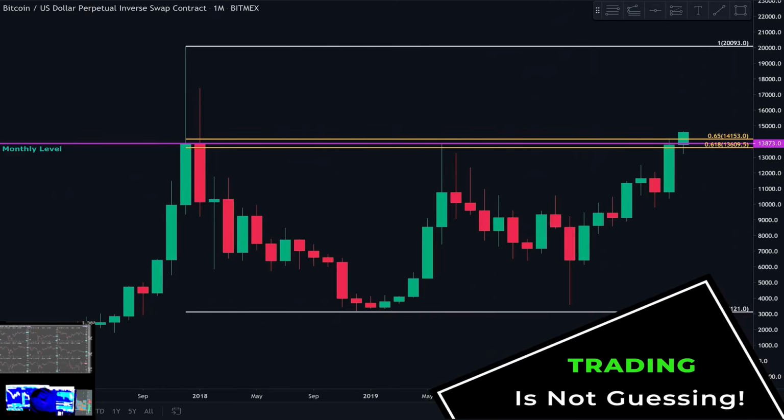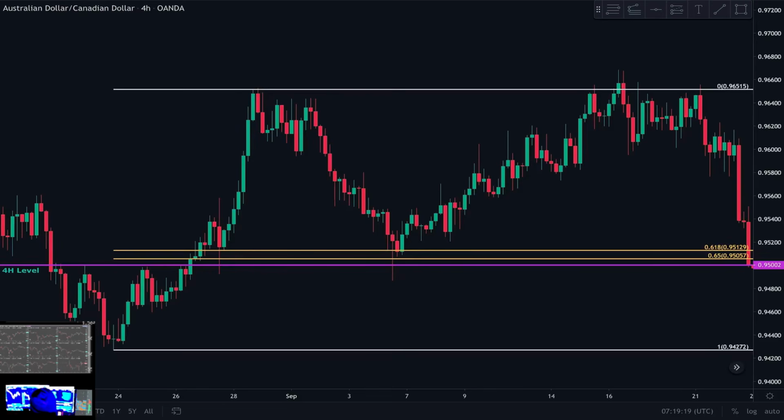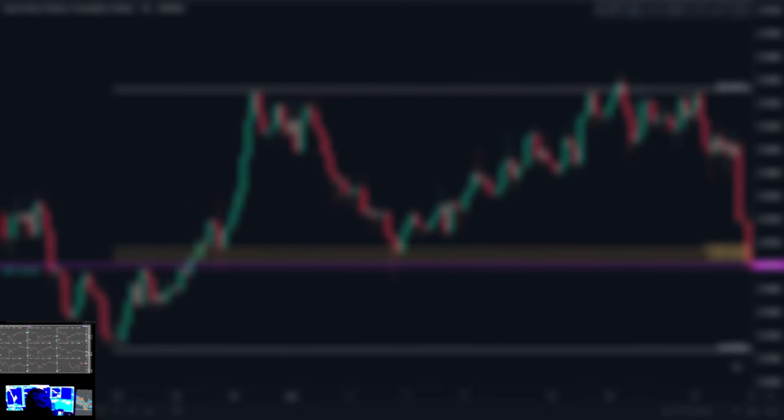Okay, no indicator. It's just you and the charts in this little tiny checklist. 3 steps. Trading is not guessing. It's about having a blueprint, having an edge that allows you to repeat the winning edge over and over again multiple times inside the market daily. You want to mark your levels. You want to find your confluence. And you want to demand confirmation. Then you execute with a small risk, and you get a big reward every time. That's Nancy's advantage. That's the edge advantage. You trade the edge. You leave the guesswork behind.